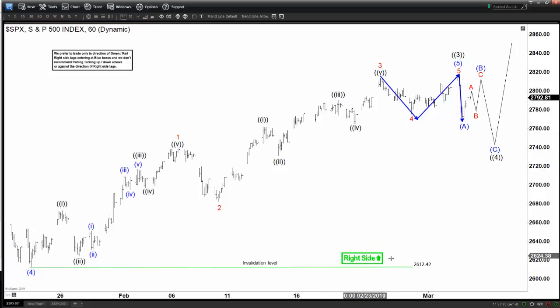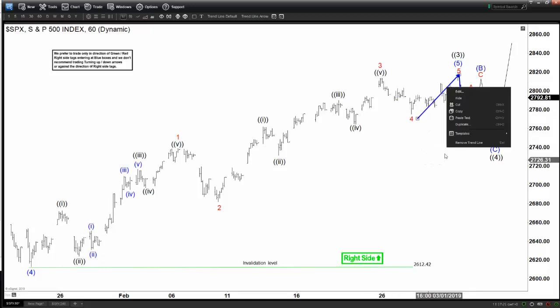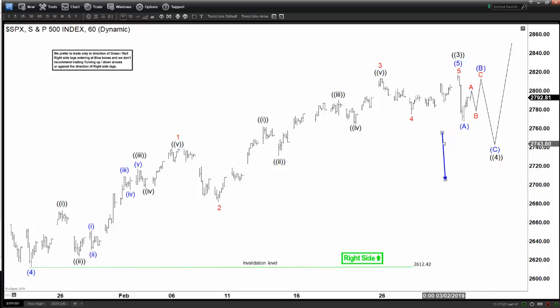So the right side at this moment, the momentum and everything else still pointing to the upside. So technically we don't really like selling it, and we think that still has a chance to see more upside as long as the pullback find buyers in 3711 swing. Now if we take a look at other indices